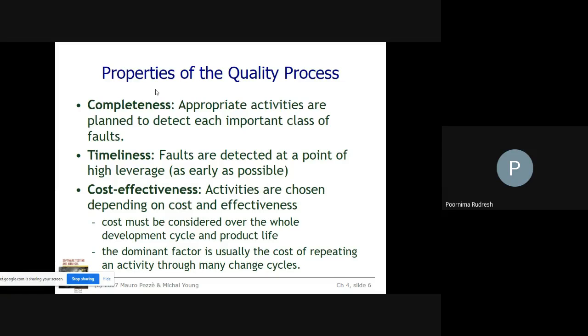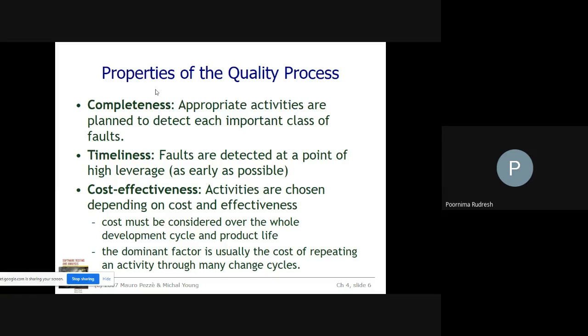And hence timeliness. The main goal in timeliness is that we have to detect the faults as early as possible in the software development process. Next one is cost effectiveness. Here the activities are chosen depending on the cost and effectiveness, because some of the activities which are effective are very costly, then